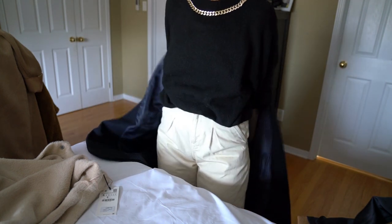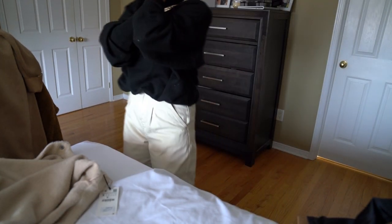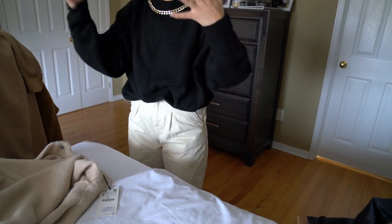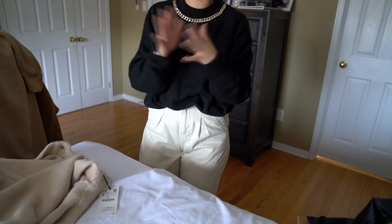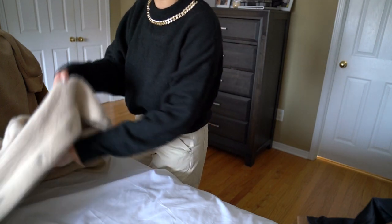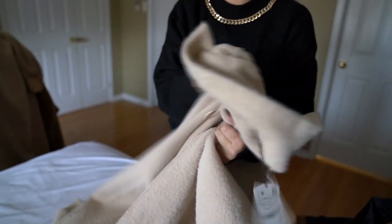So here are some of the wool ones, and I actually have more to go through with you guys. I also purchased a number of petticoats or the fall fur trim type coats as well. Let's start with this one, which I don't like because it just has a lot of electrostatics. I almost don't even want to put it on. I don't know if you guys can hear it, but